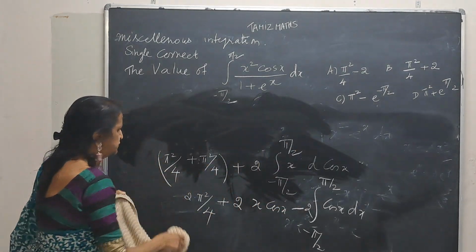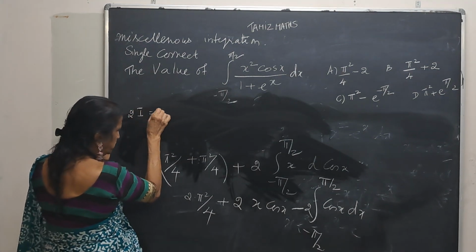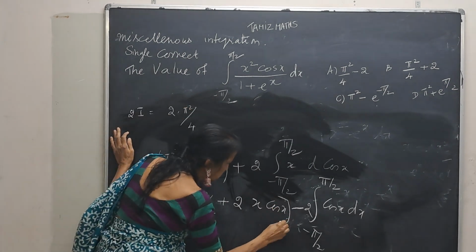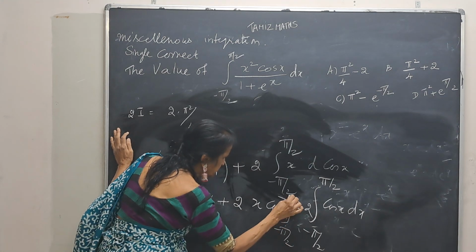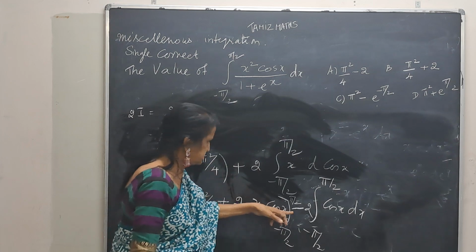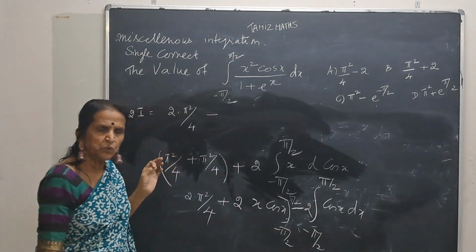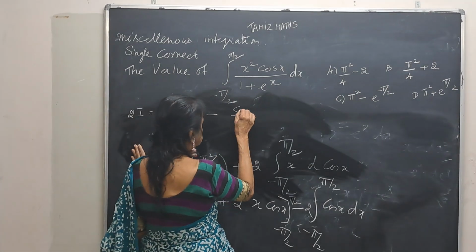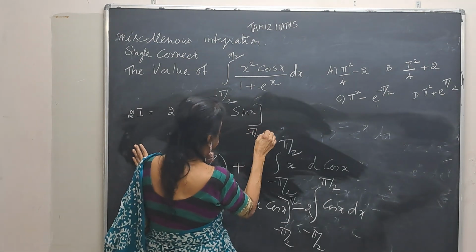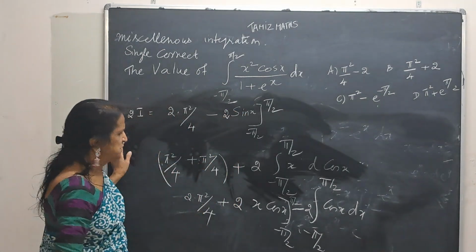So this will be now 2I is equal to 2 into pi square by 4. Now here I have to substitute the limits. But cos pi by 2 is 0. So this will become 0. Then there is a minus here. Integral of cos x will be sin x. This 2 here. So now this will be